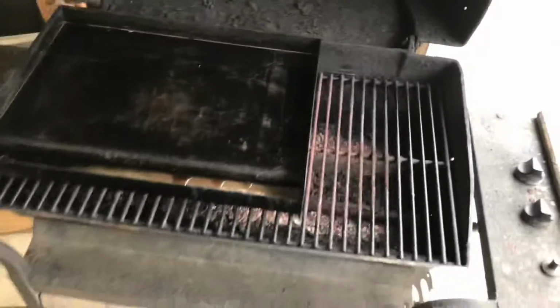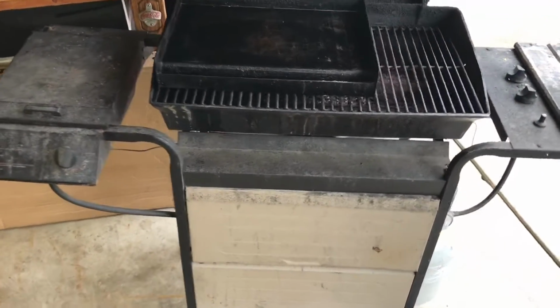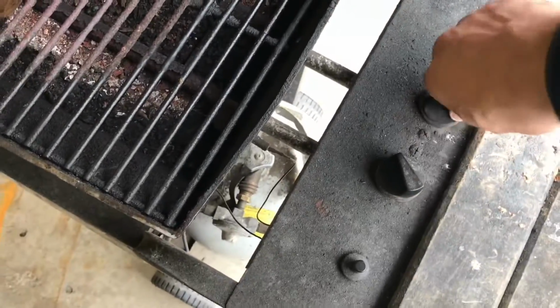How do I know that? Because it was given to my wife and I as a gift from my parents when we got married. I can't believe how much meat and food I've cooked on this thing. It's been amazing, one reason, because it's been extremely reliable. For 25 years,